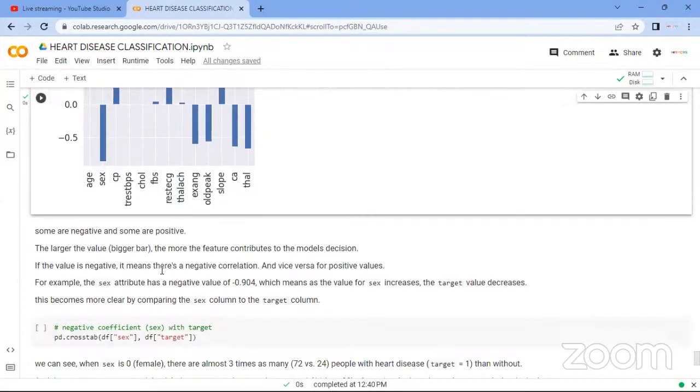So if the value is negative, it means there's a negative correlation. If it is positive, it means there's a positive correlation. For example, the sex attribute has a negative value of -0.94, which means as the value for sex increases, the target value decreases. In our model, it has already been processed: female 0, male 1. So as the value increases, meaning it's going to male, the target